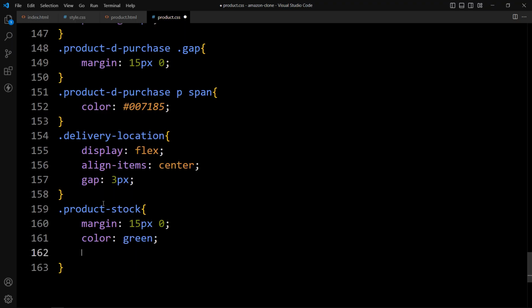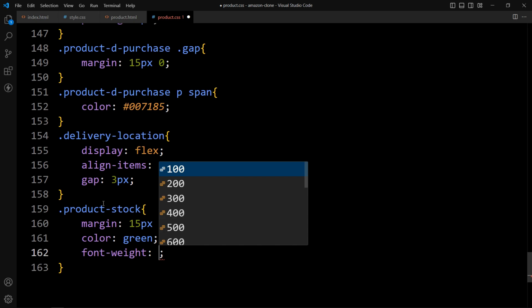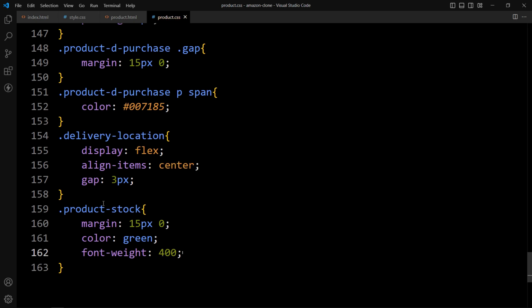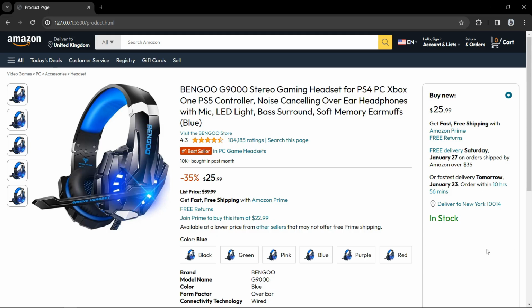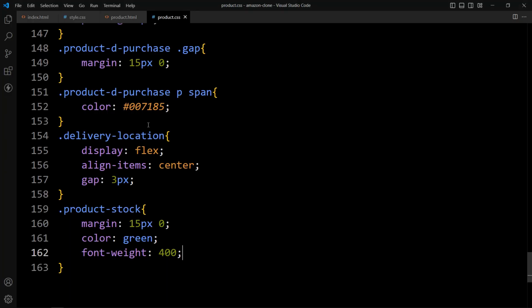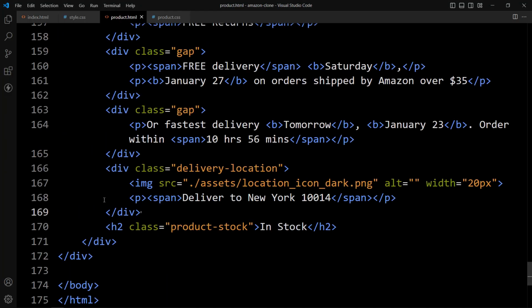Then we will add the font weight, that is 400. So this in stock text is looking good. After that, we will add the quantity section. So let's come back, open this HTML file, and after this h2, let's add one